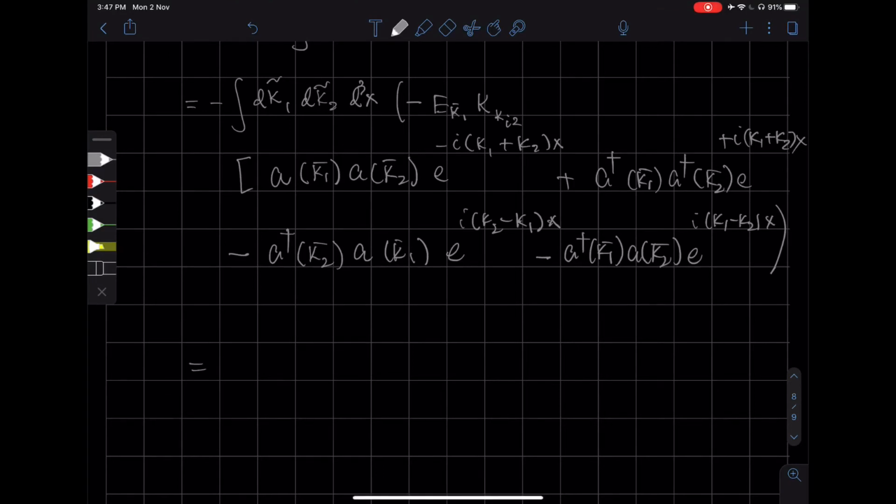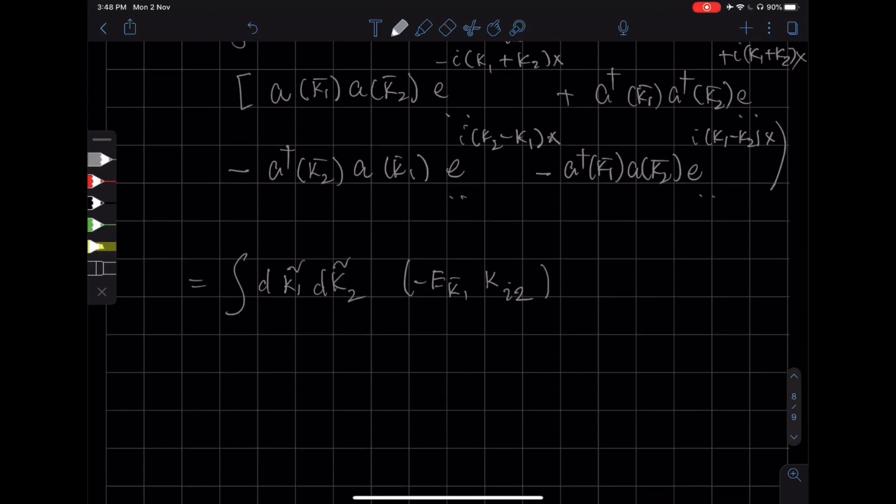Now what we do is the d cubed x integral, and all these exponentials give rise to delta functions. So we get these guys remain, and then here in the first term we have minus e k1, k, sorry, this should be k I of 2,